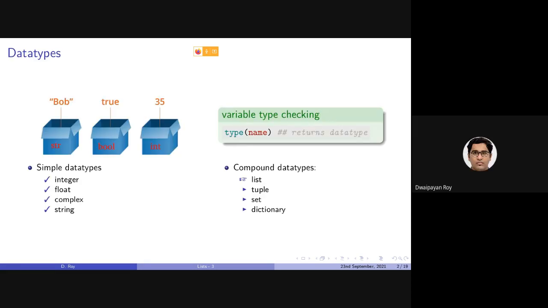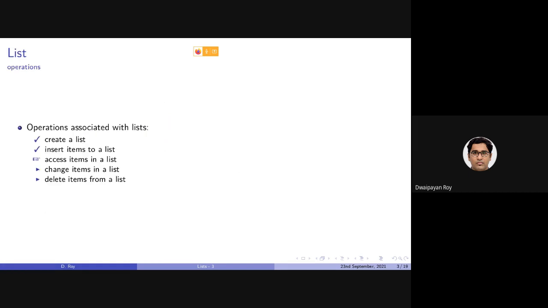So in the last class, we continued our discussion on list. We actually started with how to access the existing items in a list. So we have looked at the ways of using the index and the negative index to access individual items that are stored in an existing list.